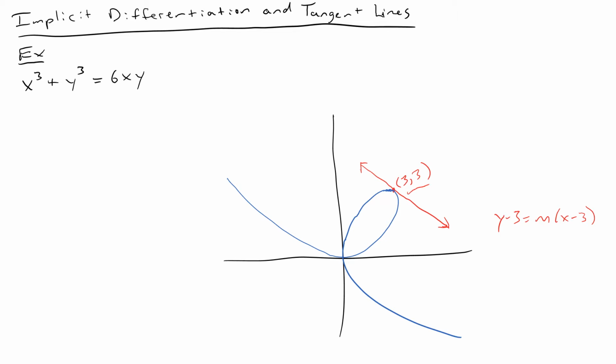We talked about how the point (3, 3) was a point on that graph. And we talked about how if we wanted to draw the tangent line at that point, we basically have everything we need for the equation of that tangent line, other than the slope. Okay, so now that we've learned how to do implicit differentiation, let's see how we can use that to find the slope of this tangent line. So coming back to the equation, if I take the derivative of both sides with respect to x,